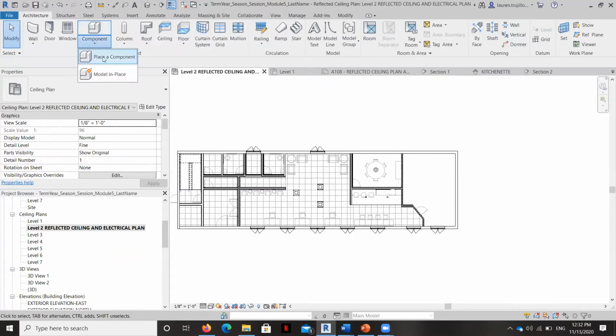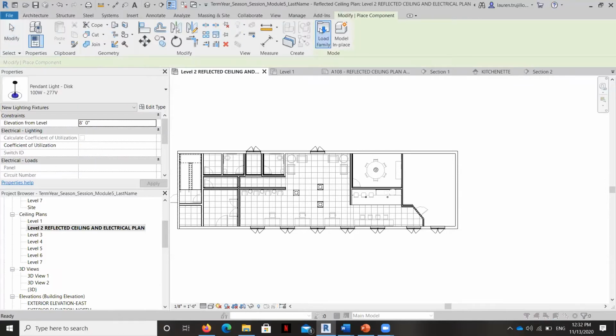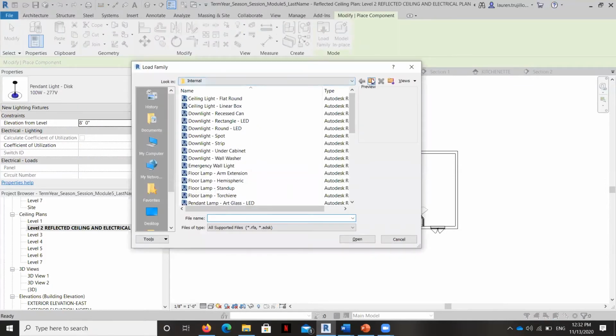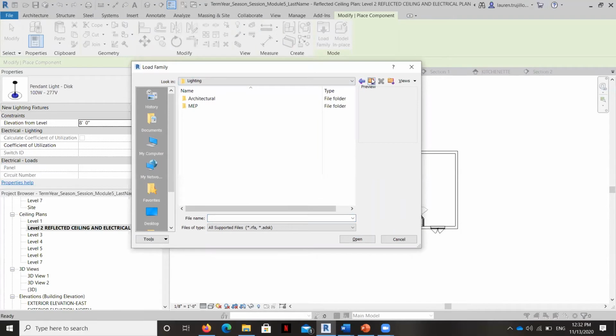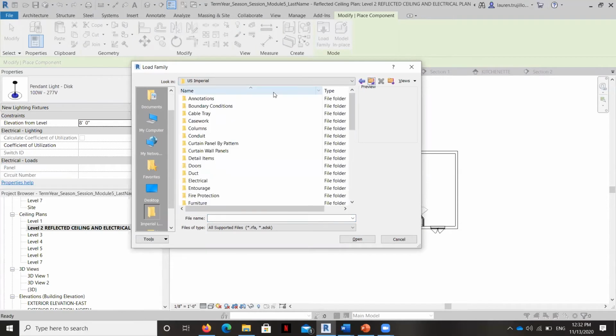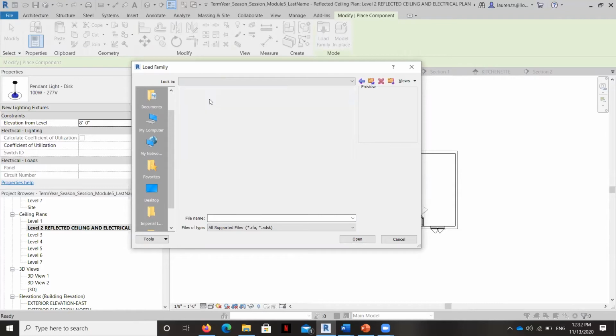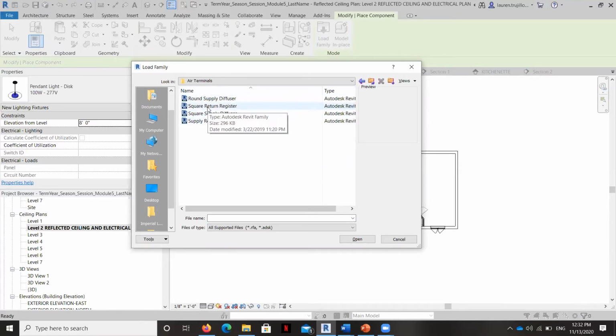So we're going to go to Place Component, Load Family, and this is not lighting. It's in mechanical, architectural, airside. So we've got supply and return diffusers. So we've got the return here.